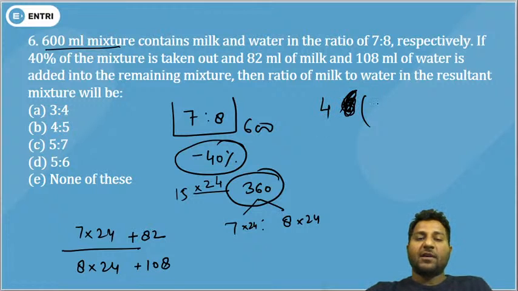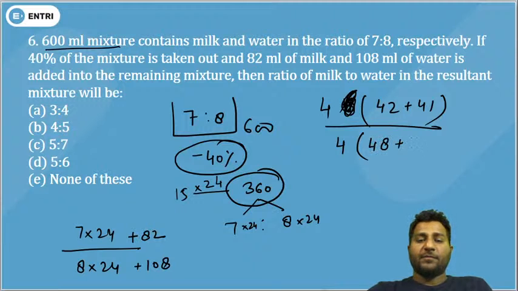So 7 6s are 42 plus 41 divided by, again we should take common 4, so it will become 48 plus 27. So 4 will be eliminated and 83 divided by